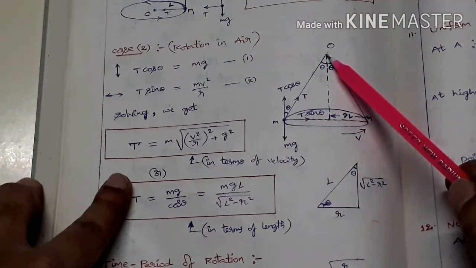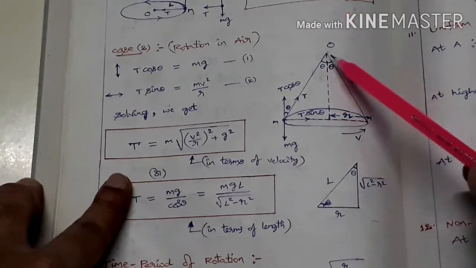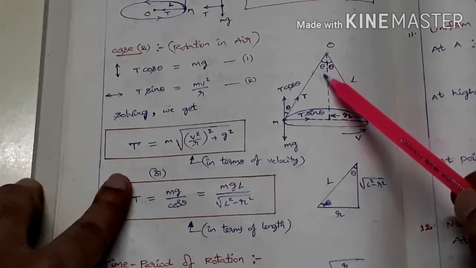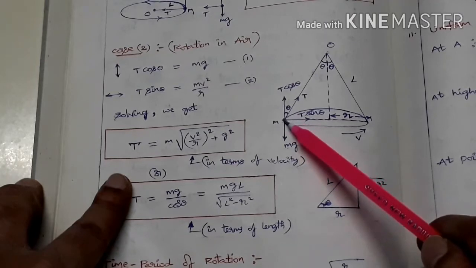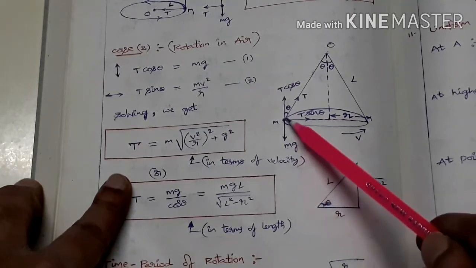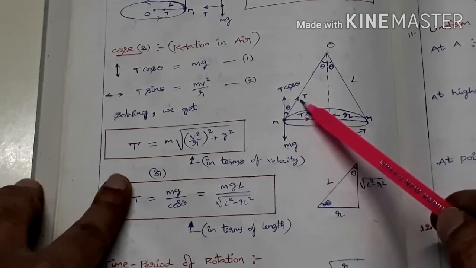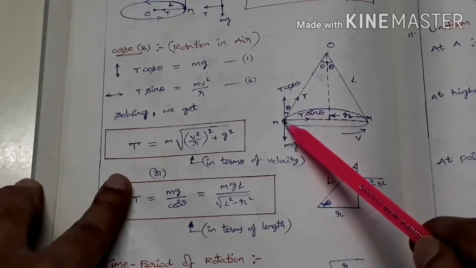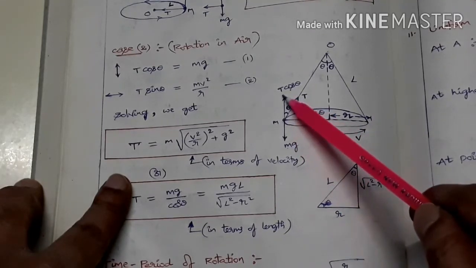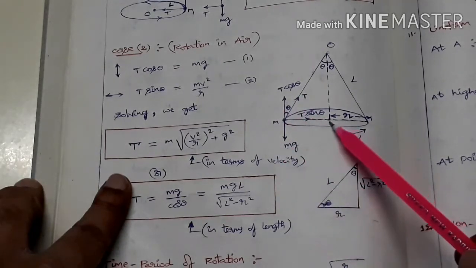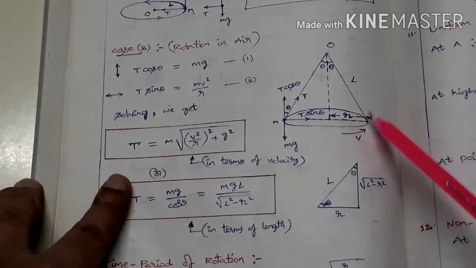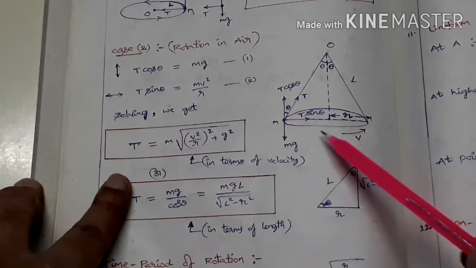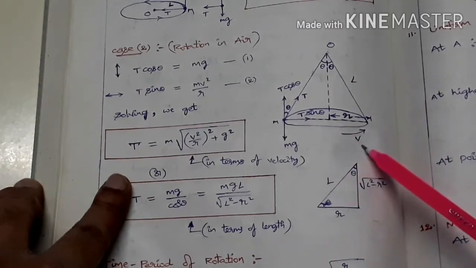So this is O fixed where we are holding the rope. This is angle theta, and here mass is there. The forces acting on this mass m are mg, gravitational force downwards, and tensional force along this string like this. This tensional force is resolved: one is T sin theta, another one is T cos theta. This is the radius of the horizontal circle, this is the length of the string L, and it is moving with a constant speed v.